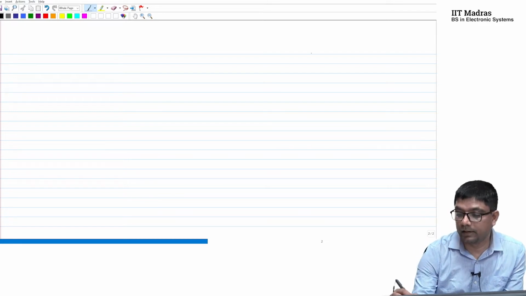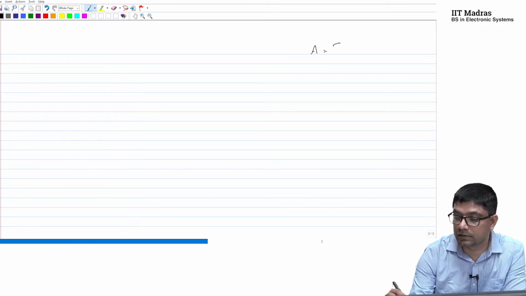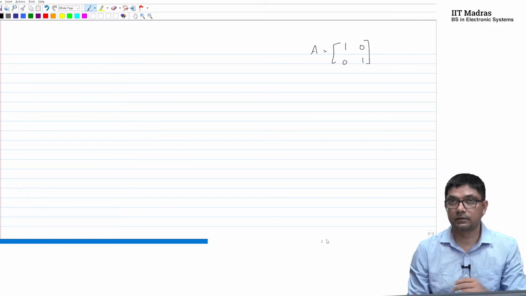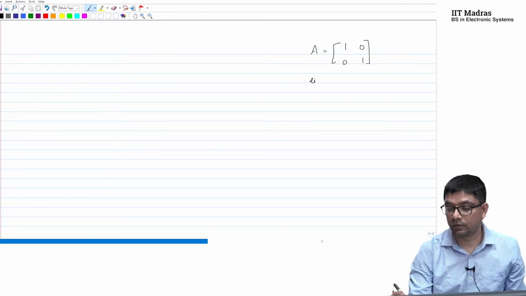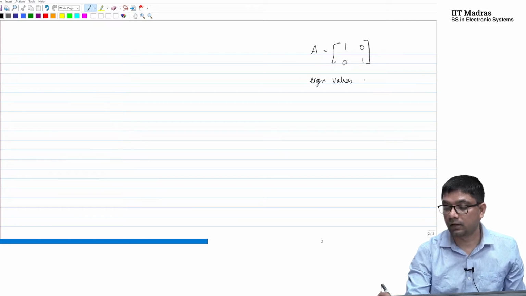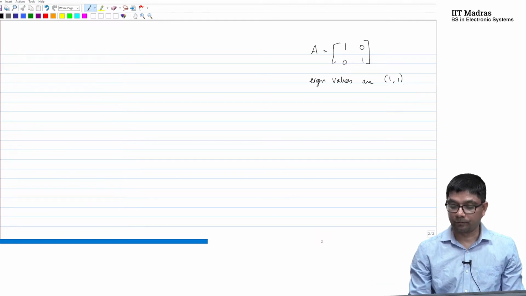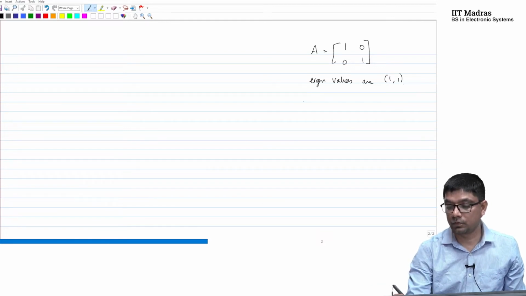Take a matrix A, which is pretty simple. A is the identity, therefore the eigenvalues are 1, 1. Okay, if I look at A minus lambda I times x equal to 0,